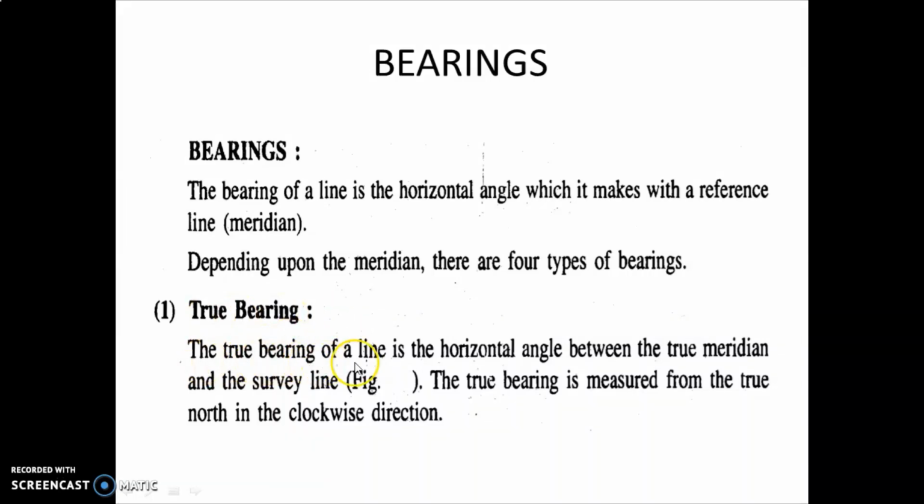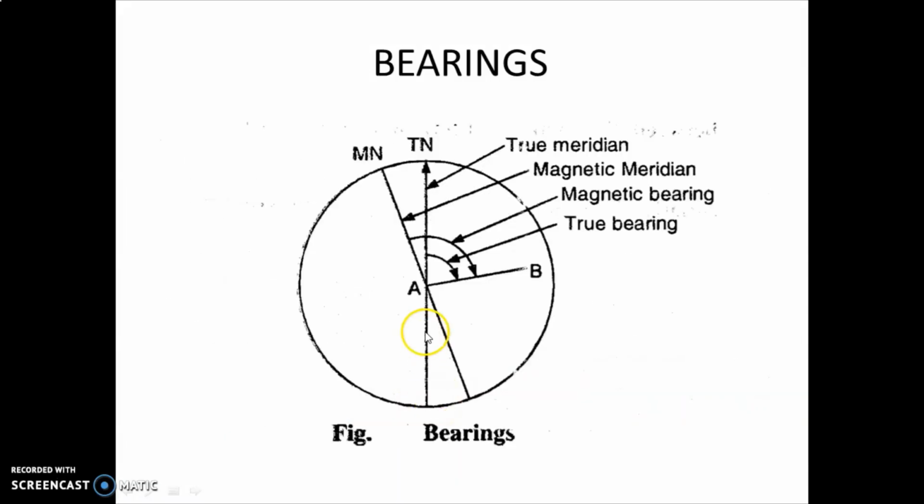What is true bearing? The true bearing of a line is the horizontal angle between the true meridian and the survey line. The true bearing is measured from the true north in the clockwise direction. You can see the figure. This is the true north line, meaning our true meridian, and this is our true bearing line. So what is true bearing? It is the horizontal angle which it makes with the true north meridian